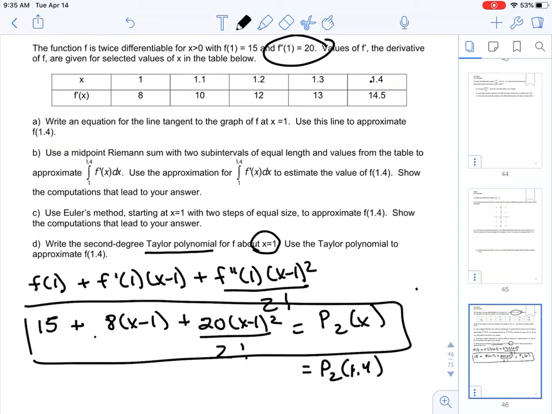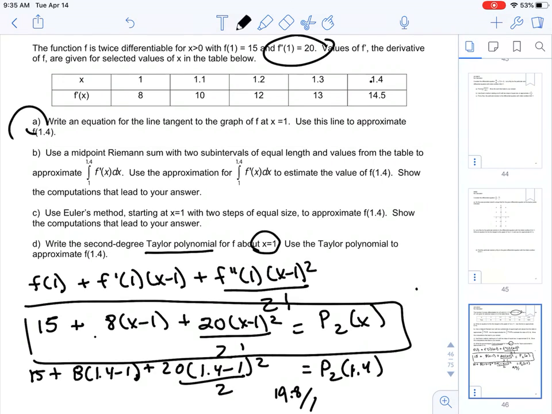So the approximation is plugging in 1.4 for x. I'm just plugging in 1.4 for x here. And again, you can leave your answer like this. If you punch this out on your calculator, you get 19.8. So the idea here is that using a tangent line, you get an approximation. Using Euler's method, you get an approximation. And then the Taylor polynomial is another way